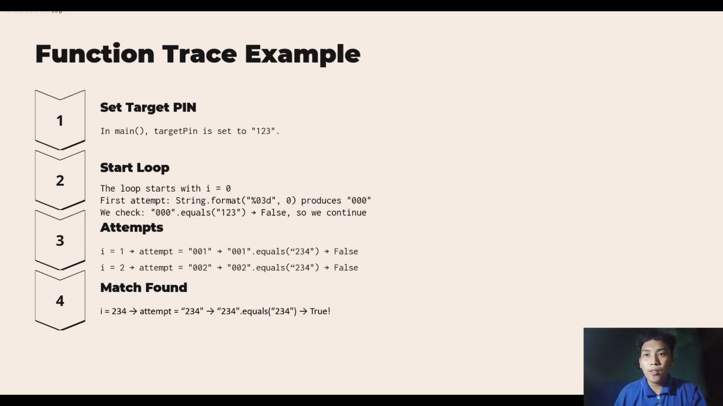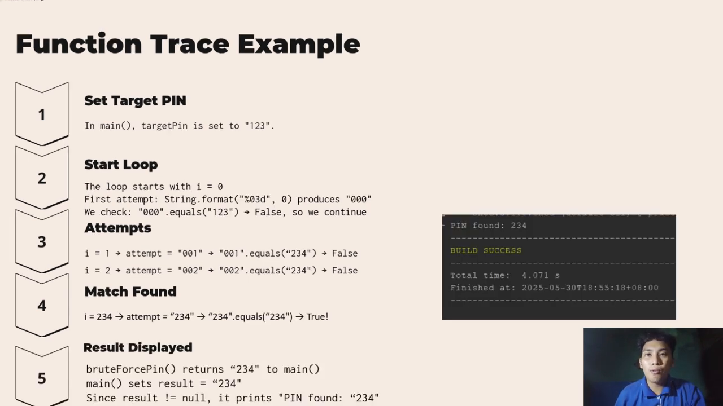In step 4, we evaluate the condition result is not equal to null. So 234 is not equal to null, which evaluates to true. In step 5, since the condition is true, we execute System.out.println with "Pin found" plus result. So the output will be: Pin found